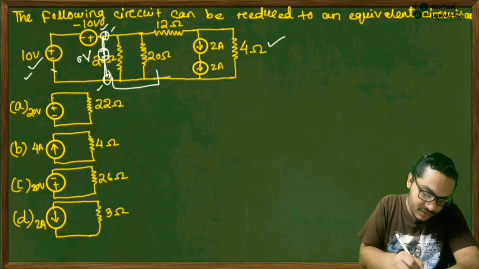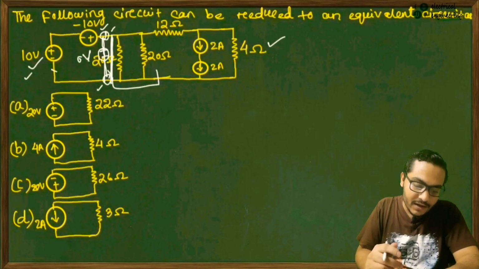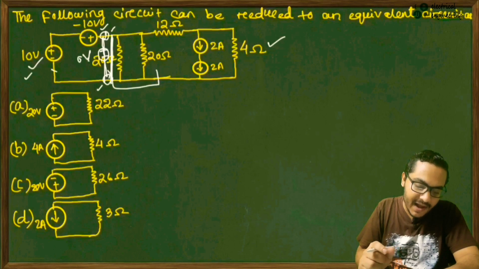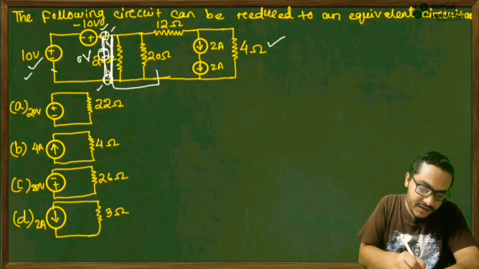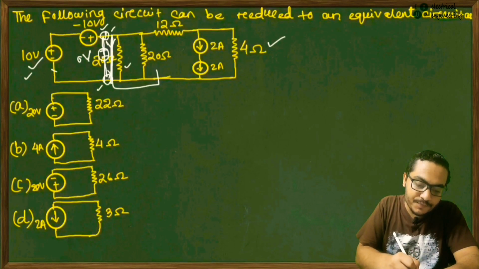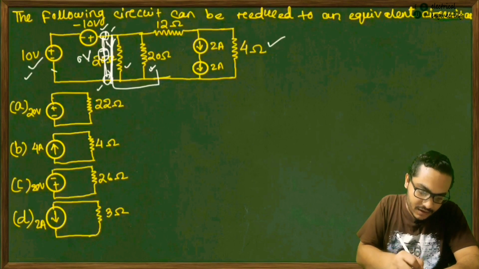Let's say this is your shorted path. Now from a basic concept we know that when a shorted path is present across a resistor, then the resistor loses its significance, meaning all the current can be diverted or bypassed through this shorted path itself. So this 20 ohm and this 220 ohm lose their significance. They are no longer useful.